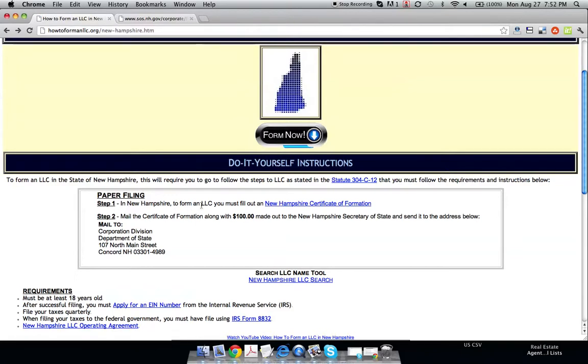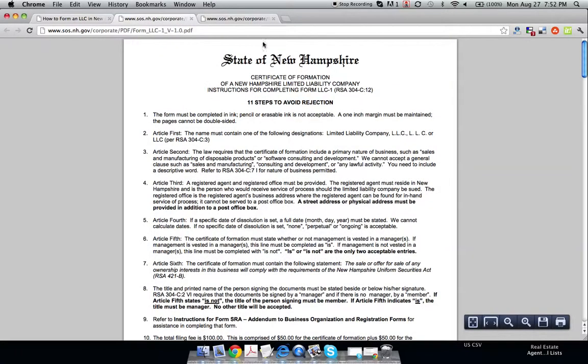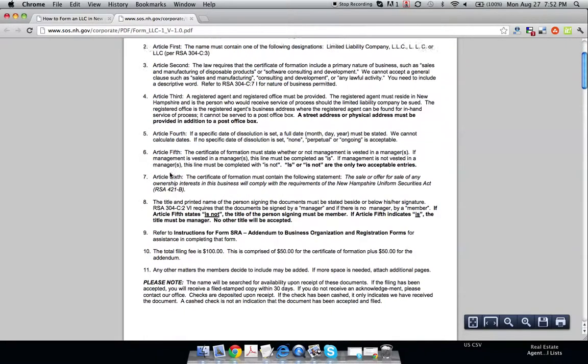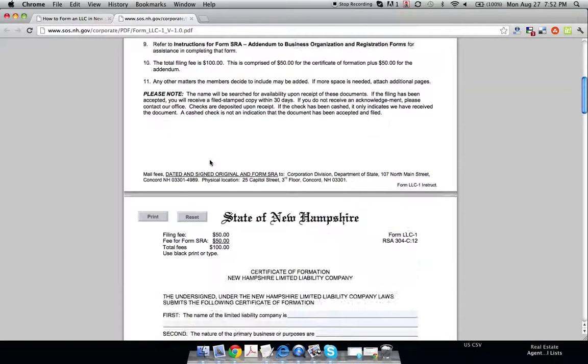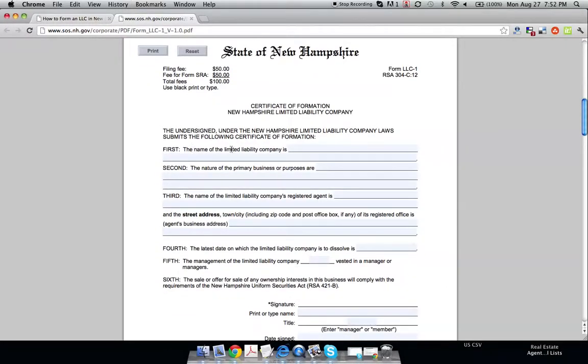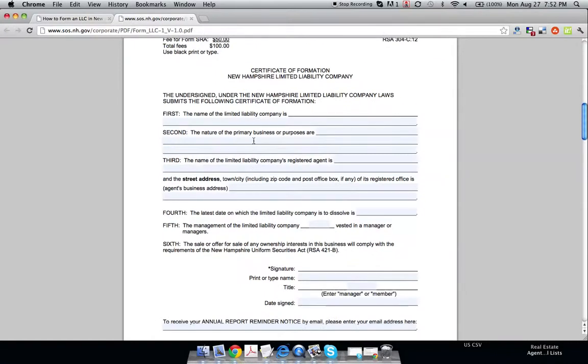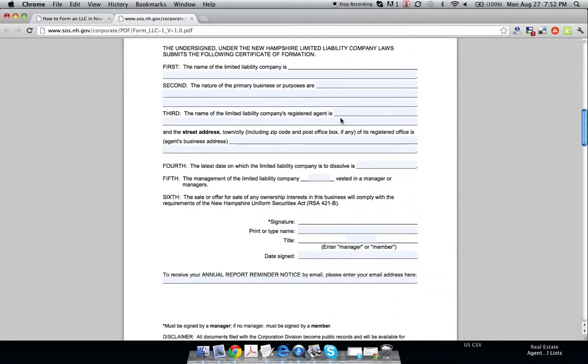Now, the first step in New Hampshire to form an LLC, you must fill out a New Hampshire Certificate of Formation, and this form is the official application for an LLC in New Hampshire. And here the state will give you the 11 steps to avoid rejection. But really all you have to do is just follow the steps and the name of the limited liability company, type whatever it is there, the nature of the primary business or purposes are, state what you do,